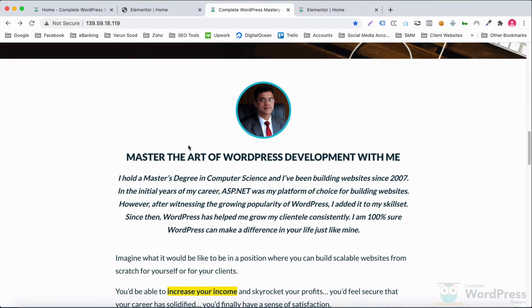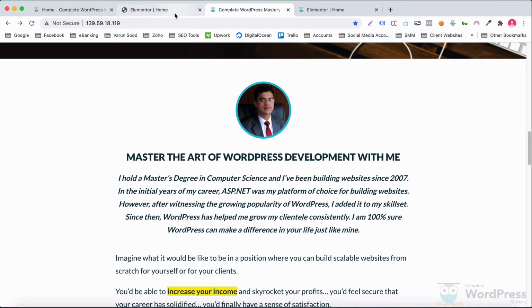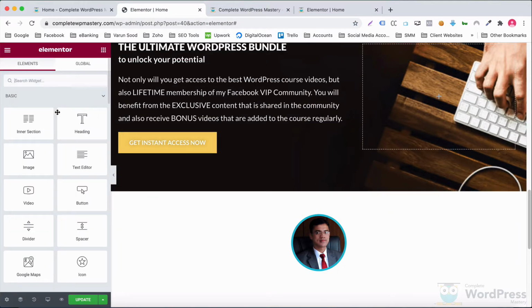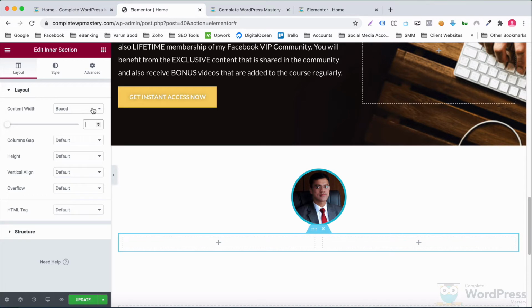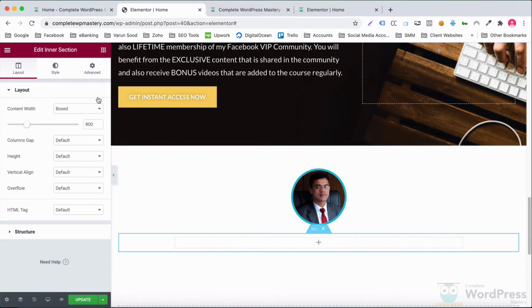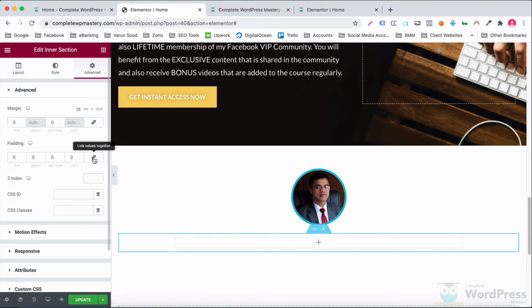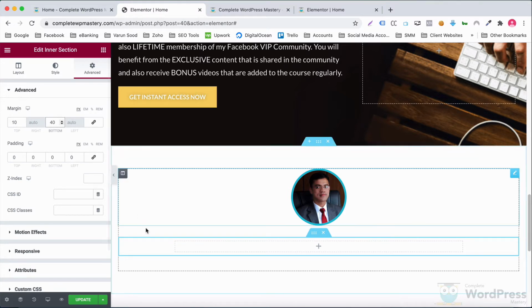Let's now work on this text below the image. I'll add an inner section, specify a content width of 800 pixels for it, and delete one column. Let's also have a top margin of 10 pixels and a bottom margin of 40 pixels for this inner section.